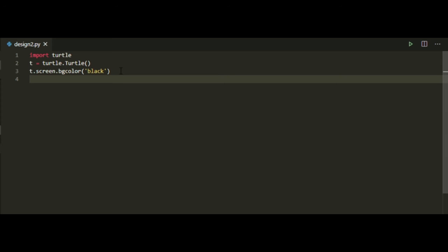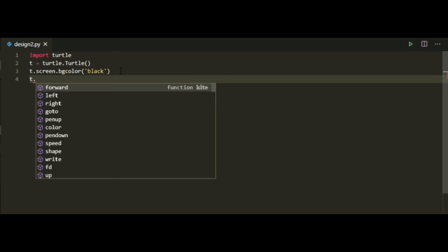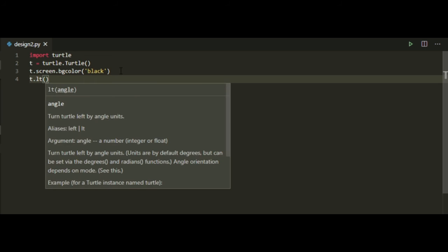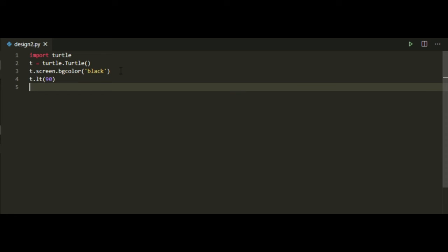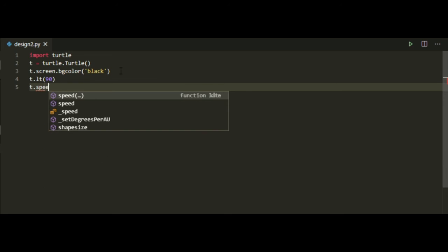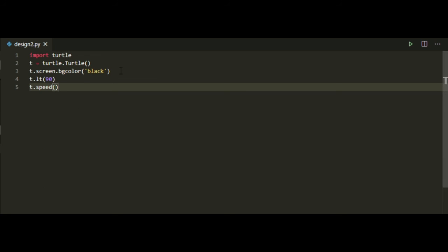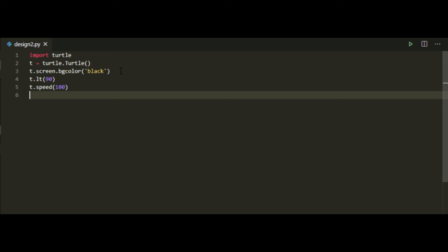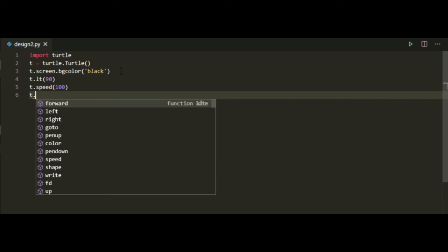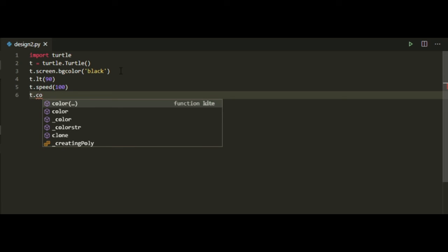Then we'll say t dot lt, that is the turtle will turn left 90 degrees. And then we'll set the speed to 100, so that it's easier for us to follow and the program will be quickly made. Then we'll say the color of the pen which the turtle will be using is white.